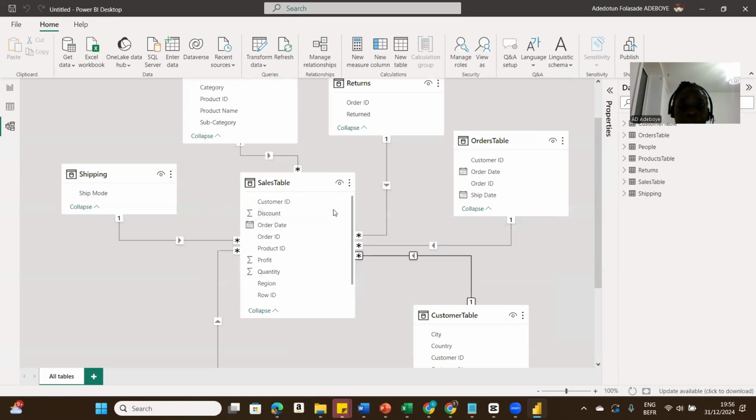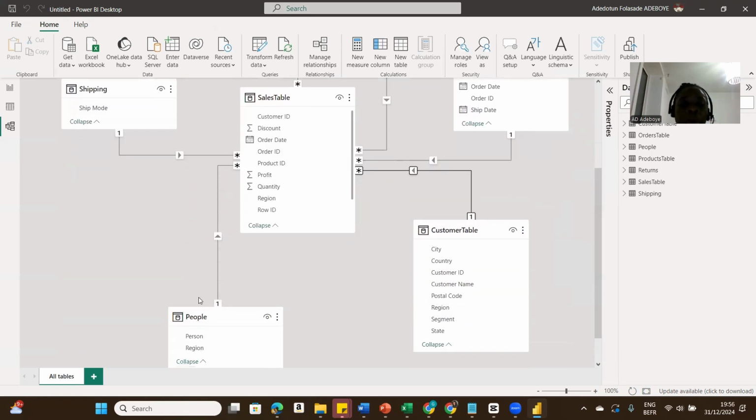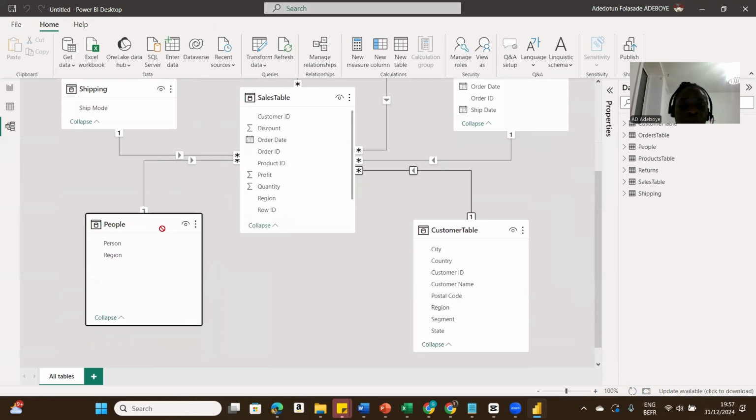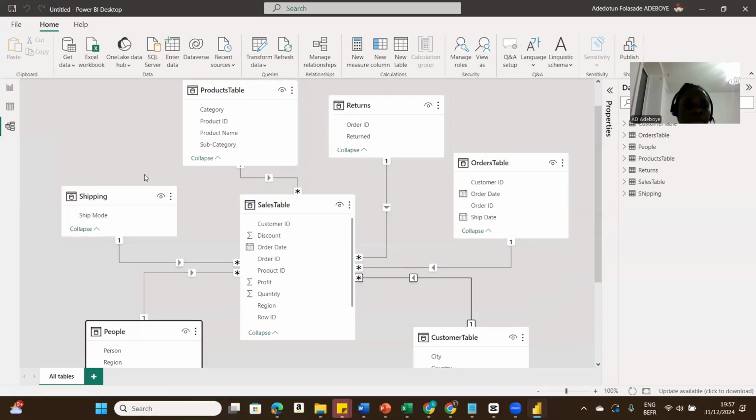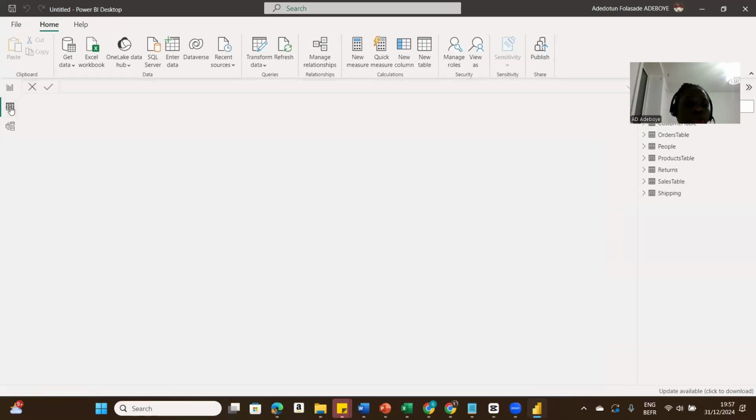So with this, you have a Star Schema. You just need to make sure that all your tables are connected to the fact table, which is the sales table. No two dimension tables should be connected to one another. So we've achieved this. The next thing we're going to do is to create our